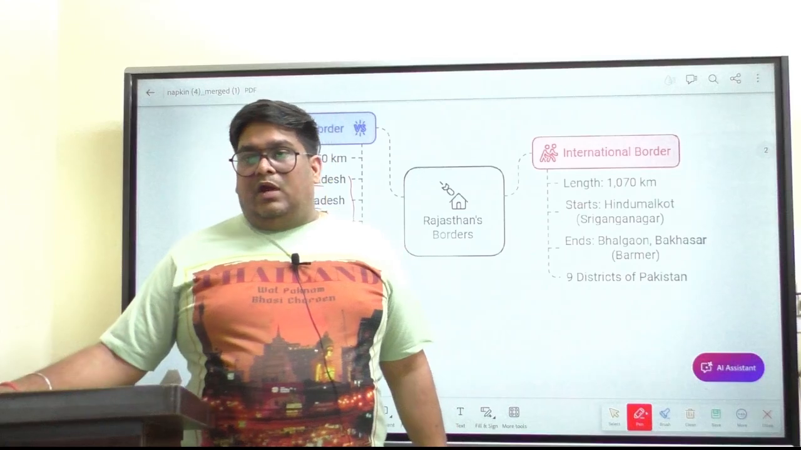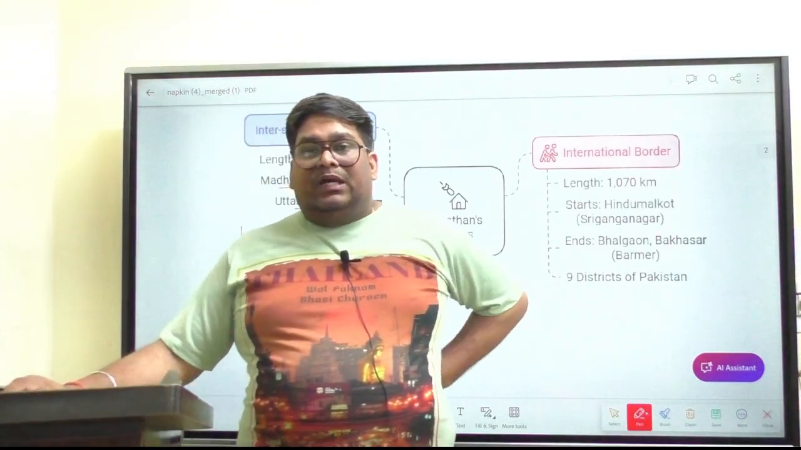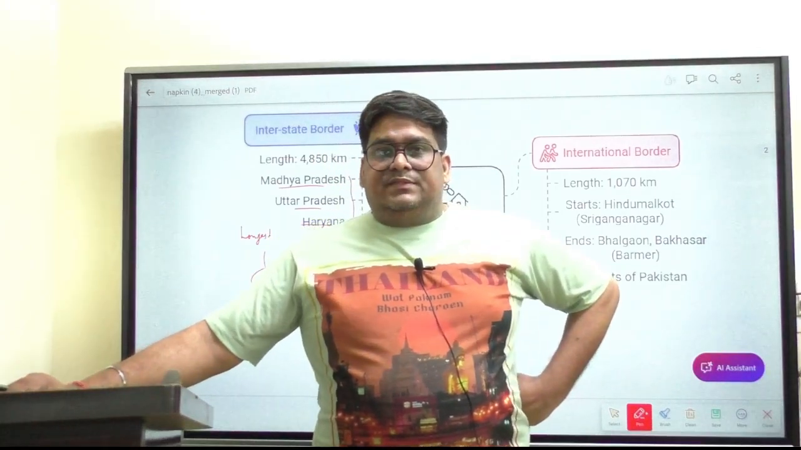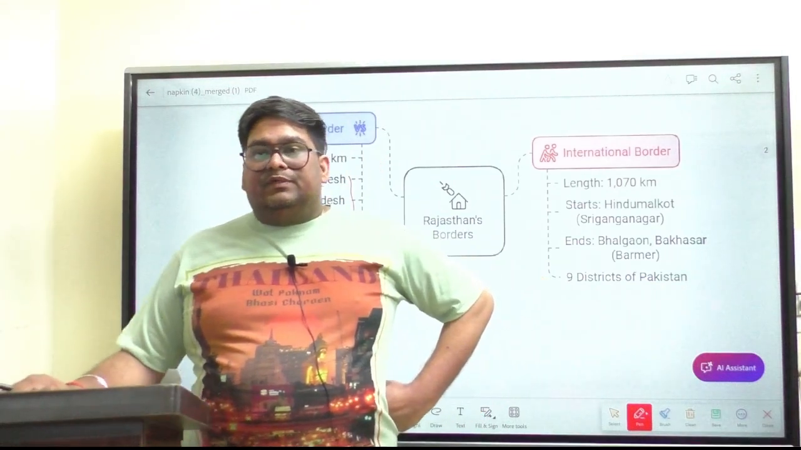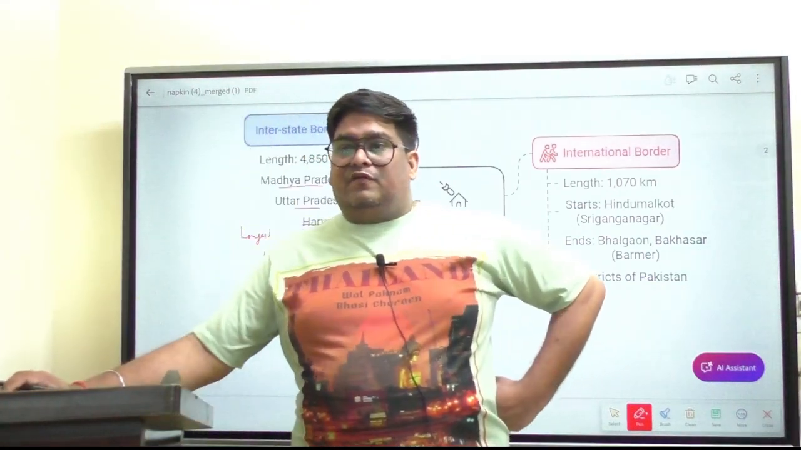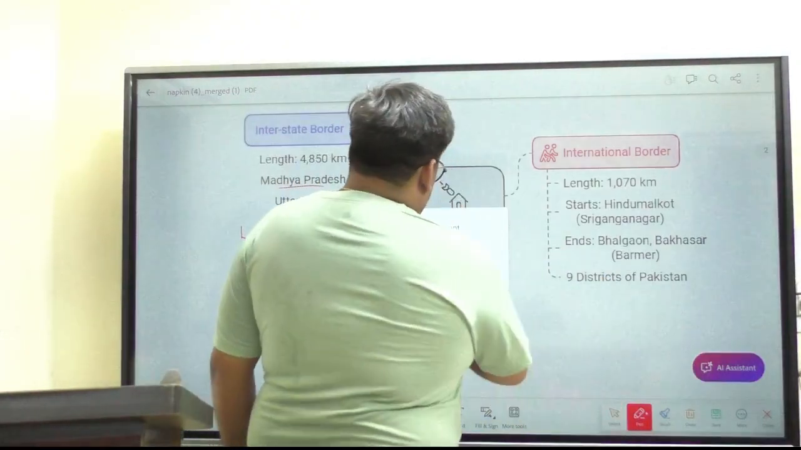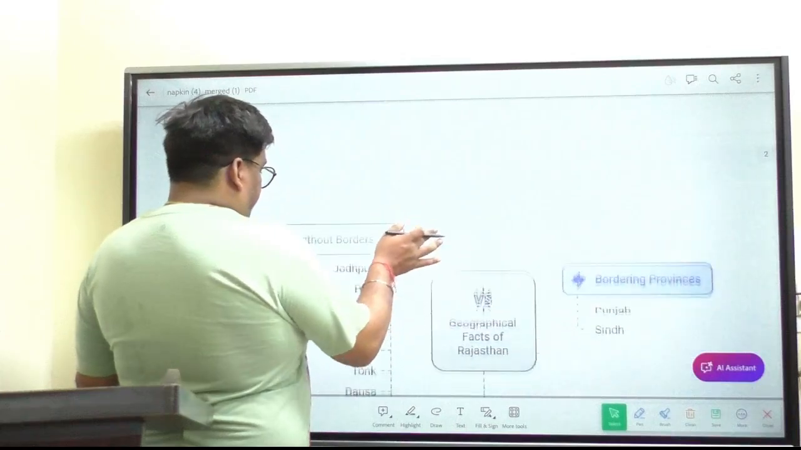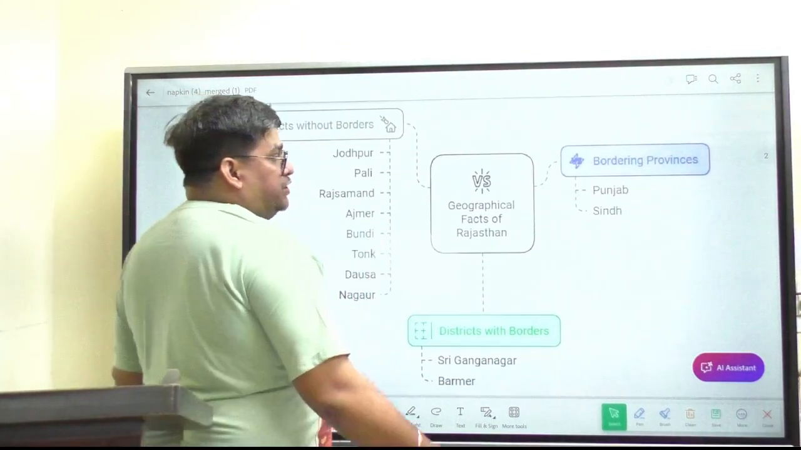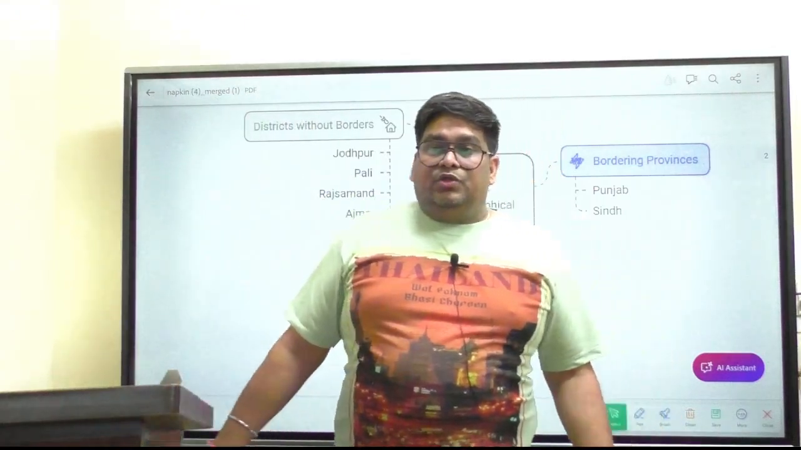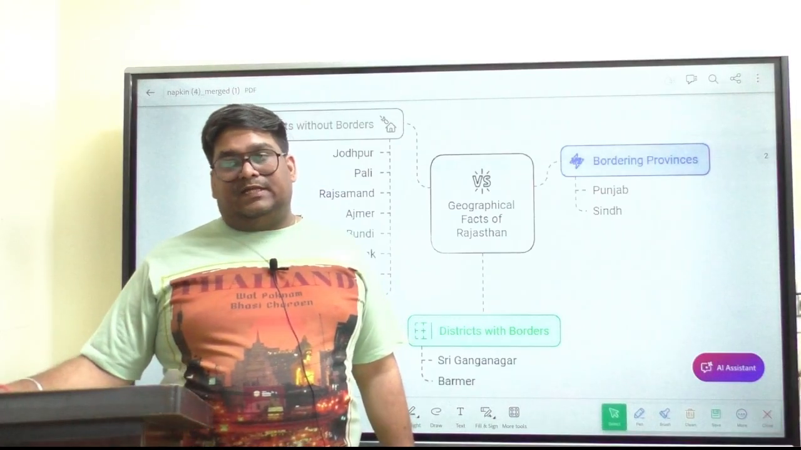Okay, now another important aspect is that we need to look into the geographical facts of Rajasthan. Let's start with a diagram or flow chart where you can look into some of the geographical facts of Rajasthan. So here